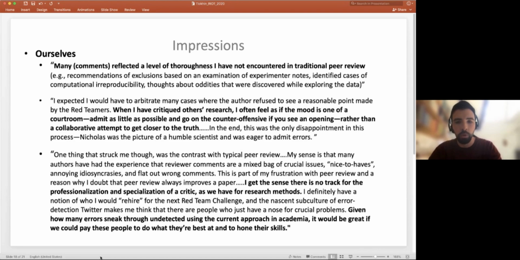Ruben mentioned how Nick was kind of happy to have people detect errors and eager to admit them, and how this was different from when Ruben had criticized other research in the past and felt that it was a mood of a courtroom, where you admit as little as possible and go on the counteroffensive. Of course, I think this is an artifact of the fact that Nick was one of the people who helped us design this and wanted to do this. And so, of course, he's not going to do this and then at the end say, no, there are no errors. So I think this probably wouldn't happen in the real world,